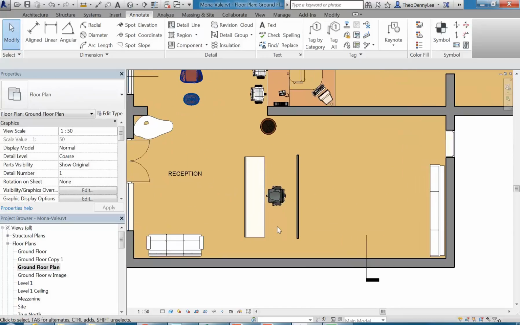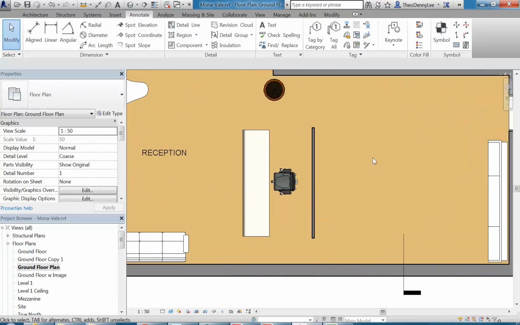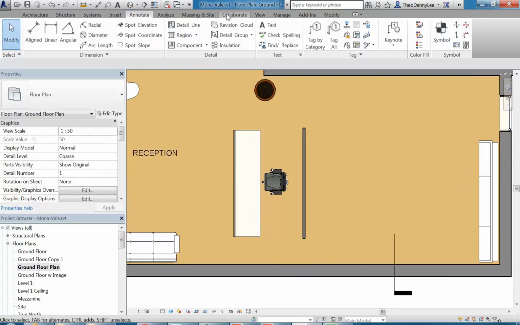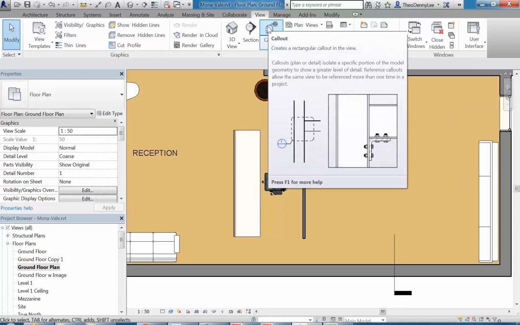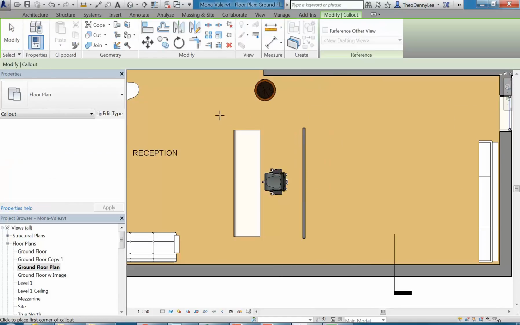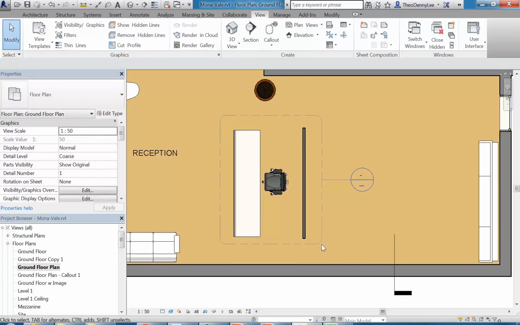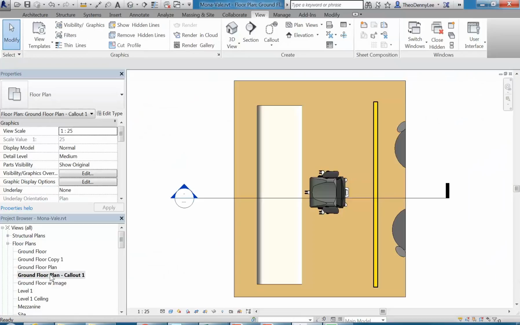So maybe I want to do a more detailed plan of this reception counter. So on the View tab, you have callouts just for this purpose. So if I click on callout, all you need to do is click and drag to make a rectangle around the area you want. And that's done it. If I go to callout, ground floor plan callout 1,